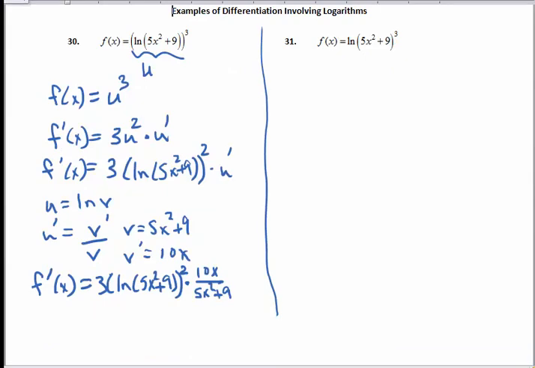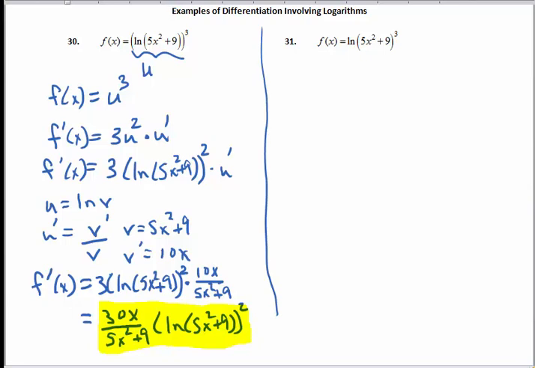Can I clean this up a little bit? Yes, I can, because I can actually take the 10x multiplied by 3, and that becomes 30x over 5x squared plus 9, and then I'm multiplying this by this natural log of 5x squared plus 9, the whole thing squared. So that's what I would want as my derivative,